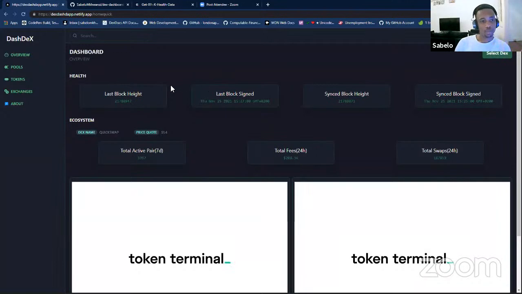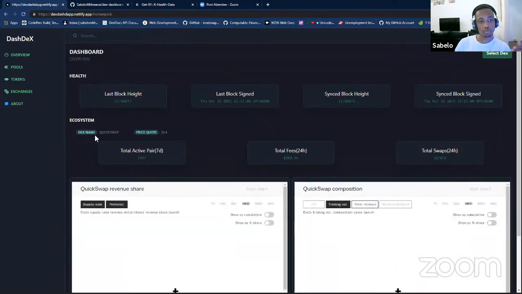So when you select it, it will show you the different dashboard of another DEX, which is Quickswap.